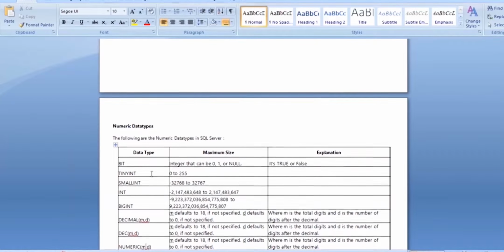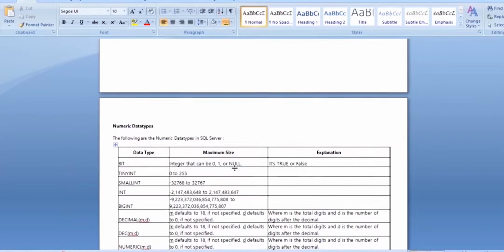Tinyint and smallint are earlier-stage versions of data types, and now we use integer or bigint. Based on the scenarios we can apply the data type size. For example, tinyint allows numbers 0 to 255 in the particular column. If you define tinyint for your id column but try to enter 256, it will throw an error, because the maximum size is 255 but the user applied 256.